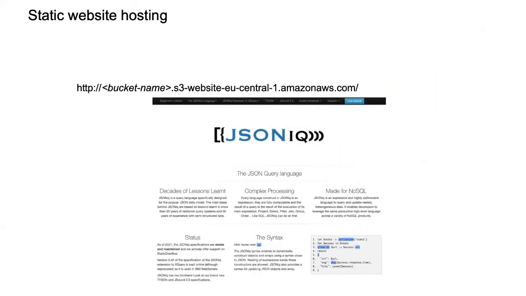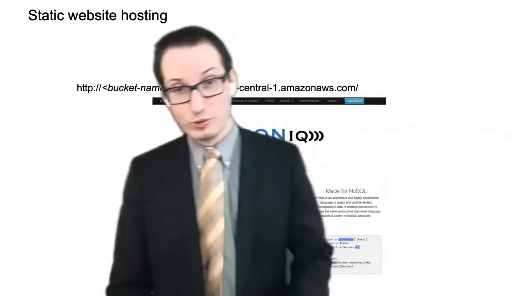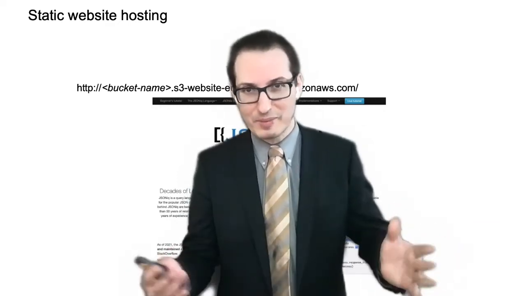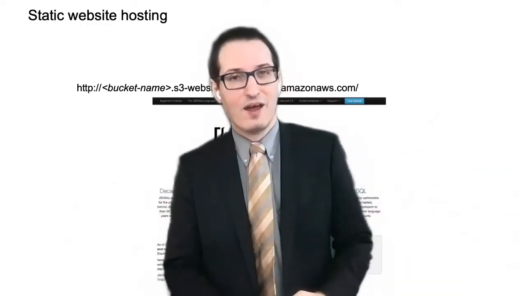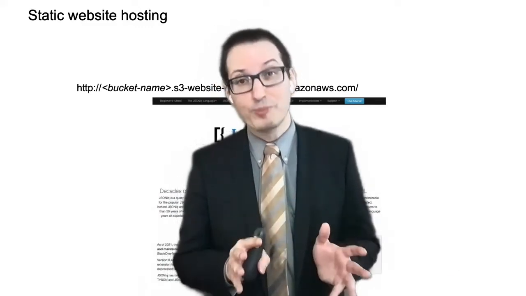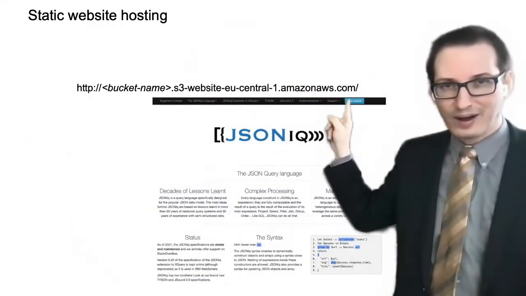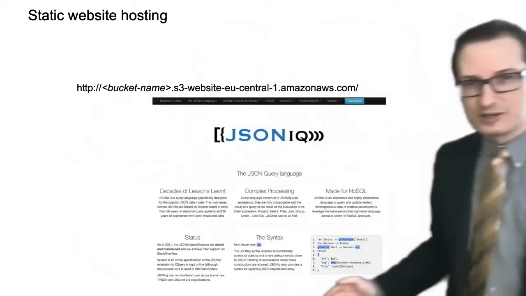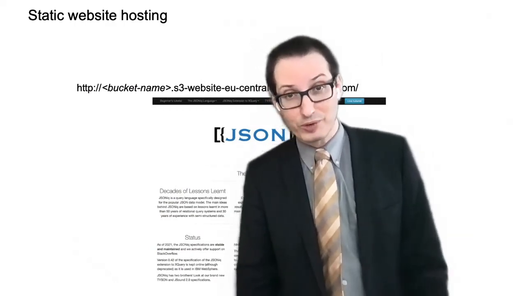That's all it is. Second, S3 and also Azure Blob Storage that we will look at is very, very popular with static website hosting. It's when you want to have a website, but there is no PHP or anything dynamic. It's just a page that is always the same. The pictures are always the same. The sounds and videos are always the same. Then it's very, very cheap and popular to just drop all your images and web pages on top of S3, and then you get a URL for free that people can put in their browsers. You can even redirect it to some domain and hide it. So S3 is a really, really great way of storing static websites for a very cheap price, right?